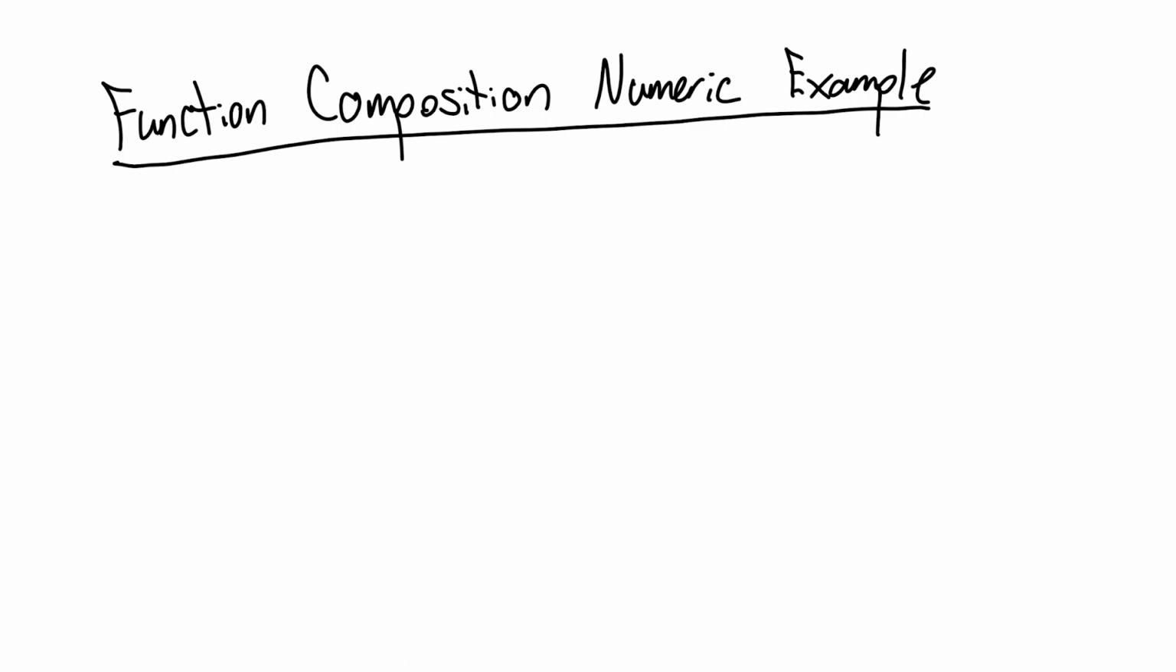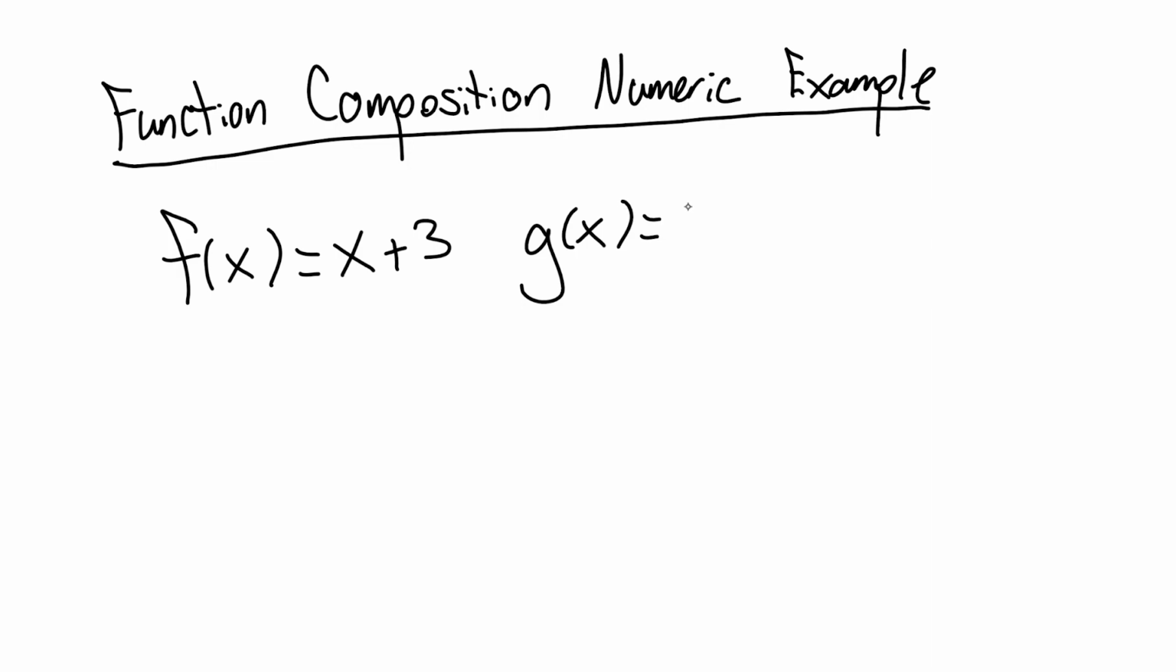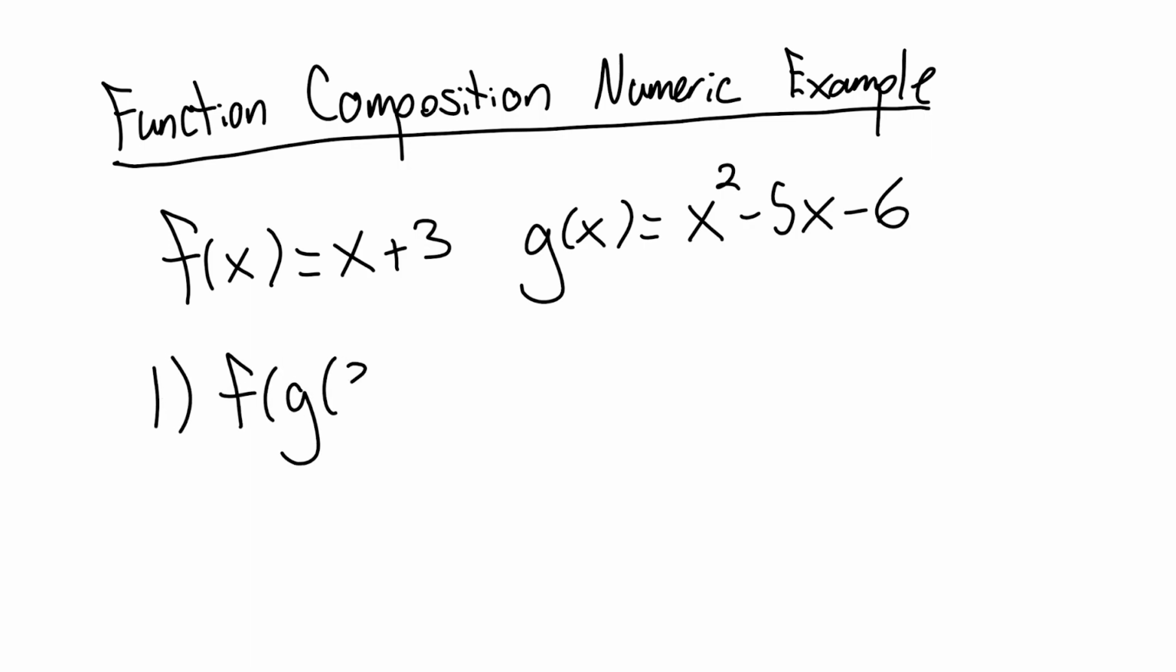So when working with function composition, sometimes we might just need to find a specific output, and we don't necessarily need to find the entire new function. So for example, maybe we have f of x equals x plus 3, g of x equals x squared minus 5x minus 6. And we don't necessarily need to find f of g of x. Maybe we'll get a series of questions saying something like find f of g of 3,